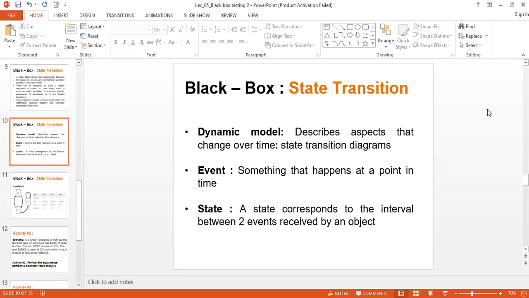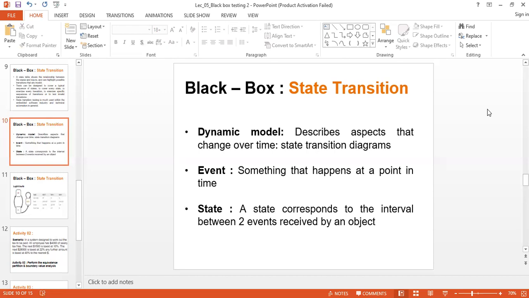When you cover state transition diagrams in UML or the software modeling subject, or in whatever other module, we have a special diagram type called state transition. It has different states and different transitions, and it shows the valid